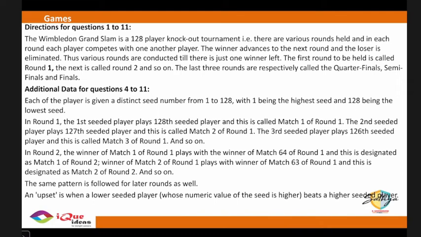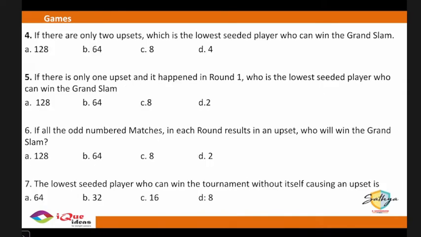Let's take a look at the questions then. If there are only 2 upsets, then which is the lowest seeded player who can win the Grand Slam? Upsets mean across the entire tournament, any match can be an upset. But in the total tournament, only 2 upsets have happened. An upset is when a lower seed beats a higher seed. In the entire tournament, only 2 upsets have taken place. Then the lowest seed who can win is